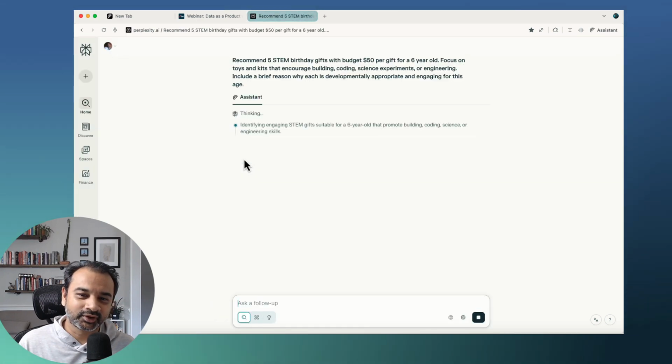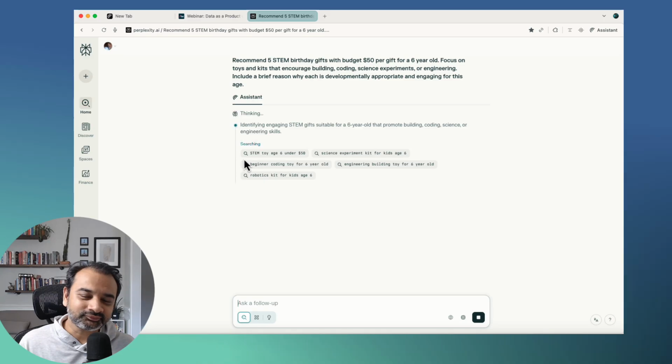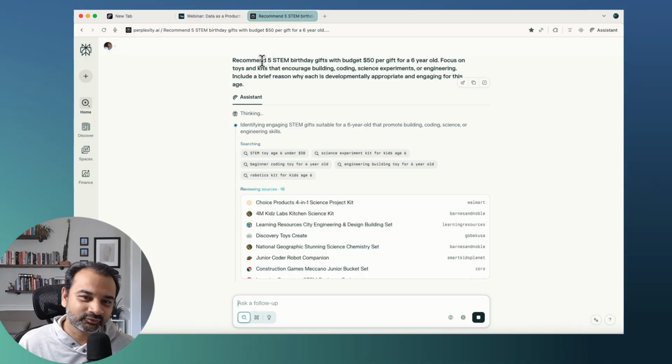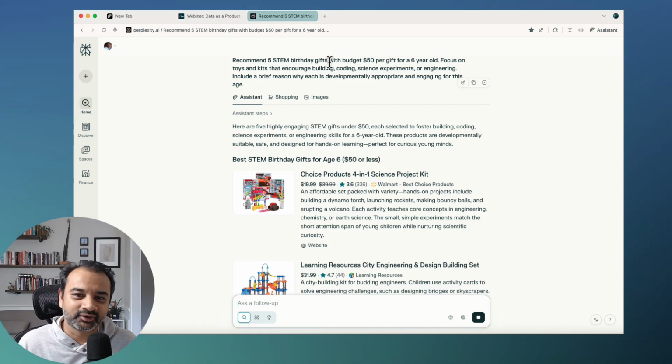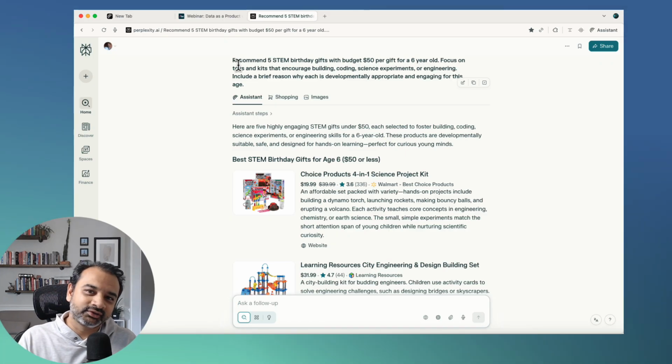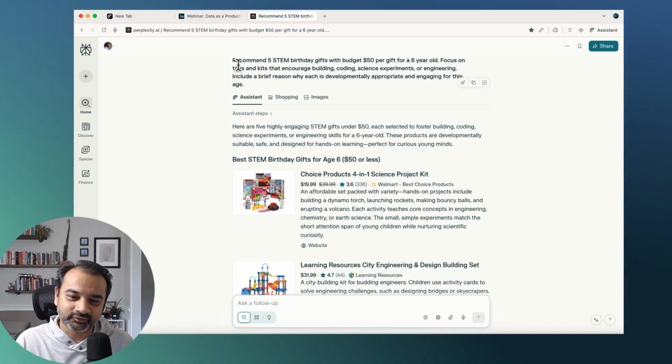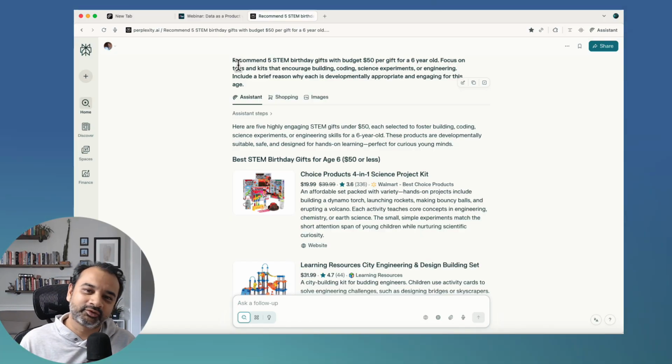So what I did was I created a prompt, and pretty much this is what we try to do, my wife and I: some STEM gift with $50 or whatever, and focus on toys and kits that encourage building, coding, science experiments, etc. You can probably imagine, reading this, that I did not come up with it right away, right? So I tried something, it worked, and I kind of refined it,